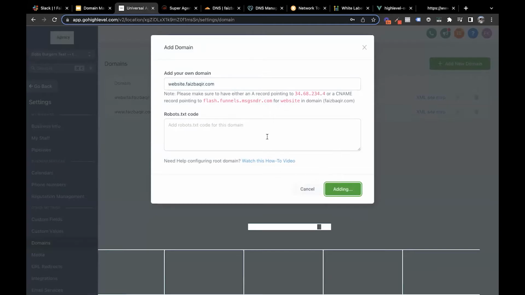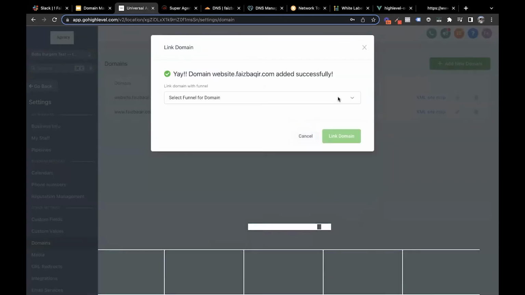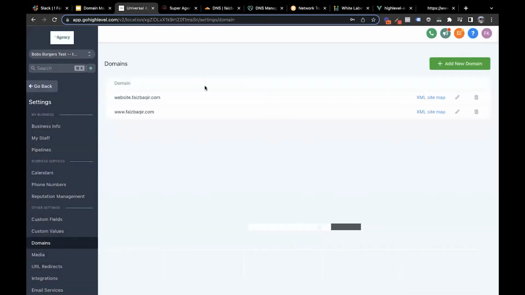Let's just give it a moment, see what happens. Meanwhile, oh, it's been added successfully. What happened at the backend was that for my domain, I managed the DNS records inside